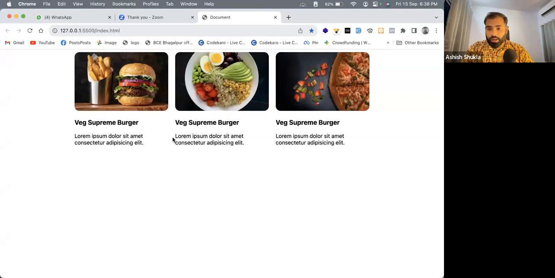Now, coming on to the next problem statement. Now imagine a parent was having three child, correct? A parent was having three child, and sometimes what happened? The brothers fight, right? And when they fight, they try to go away from each other for a very less period of time, right? So if you want to have the maximum separation, like right now they are very close to each other. If you want to give the space between them, then what could be done? If you want to give the space, it is pretty easy and simple. And what is that is